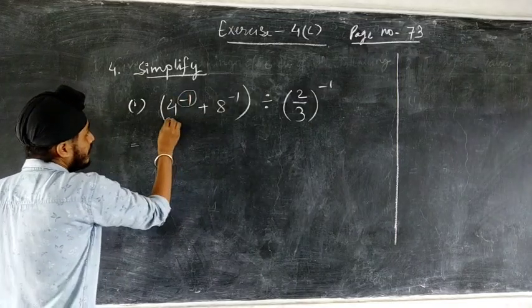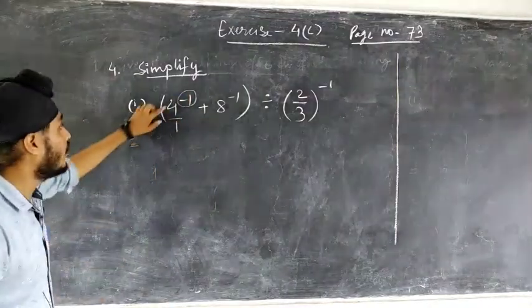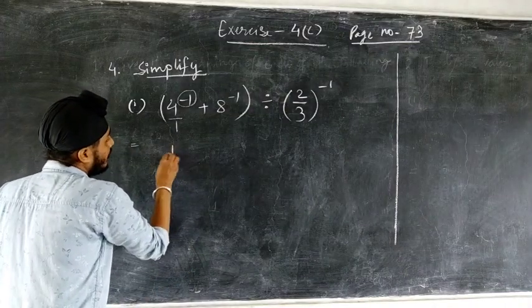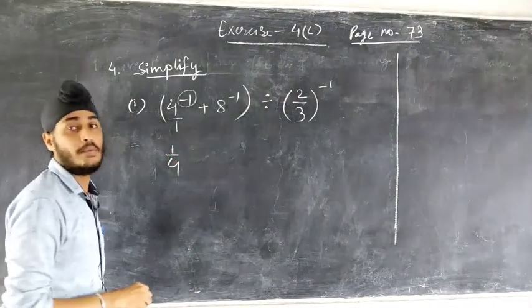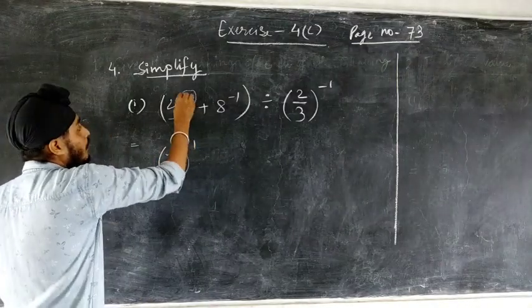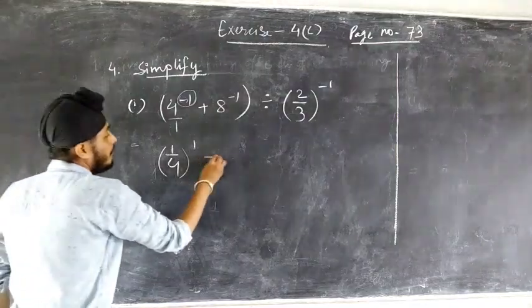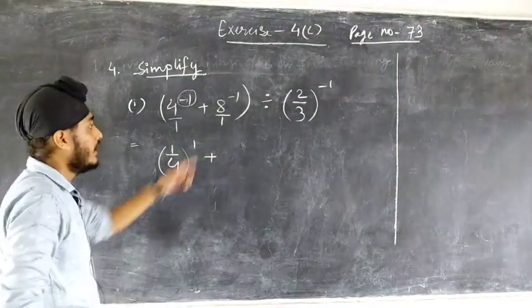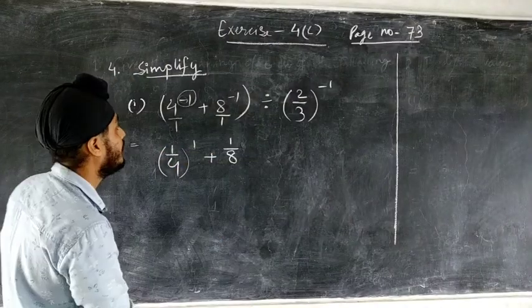We'll take the reciprocal. Nothing is there in the denominator, so 4 by 1. If I take the reciprocal, I will get 1 by 4. The power will be 1, because we have removed this -1. Plus, same thing, nothing is there in the denominator so it's 1, and if we take the reciprocal it becomes 1